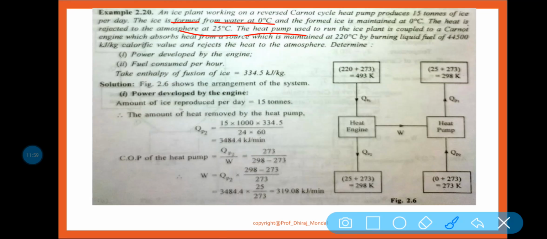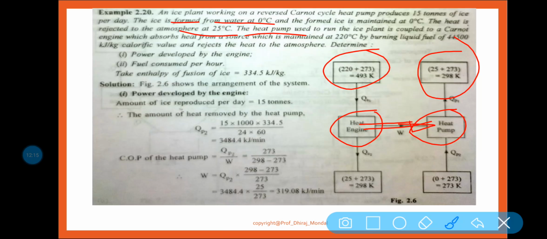Okay, so you can see this is your heat engine, this is your heat pump. Now basically this heat engine is producing some power, and that power is taken into the heat pump, and with the help of this heat pump some heat is added to the system, and with this amount of heat some W amount of work is done, and this is your rejection of heat. Clear? And from the surroundings the heat is extracted and pumped here. So this is all about the diagram.